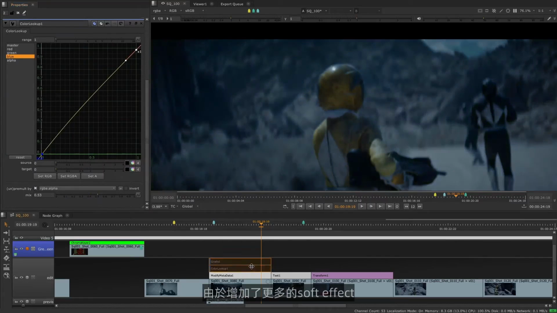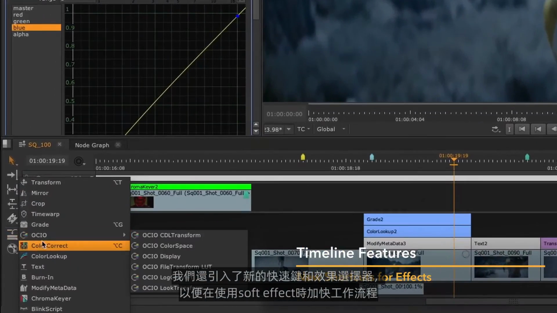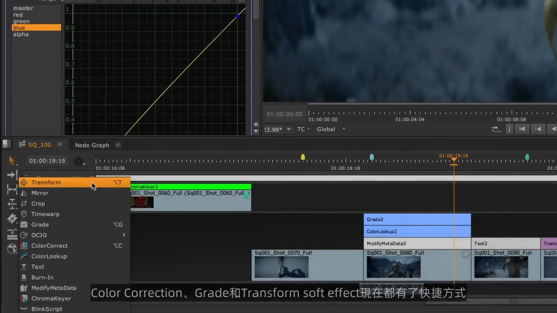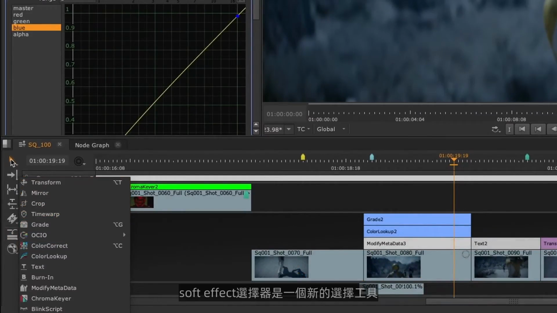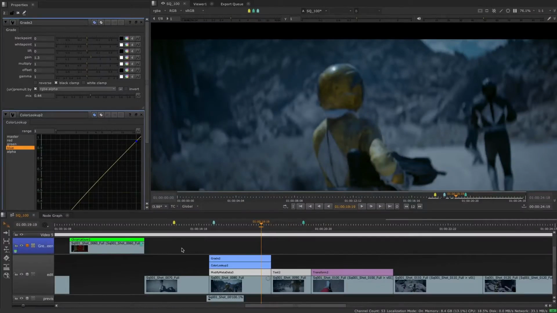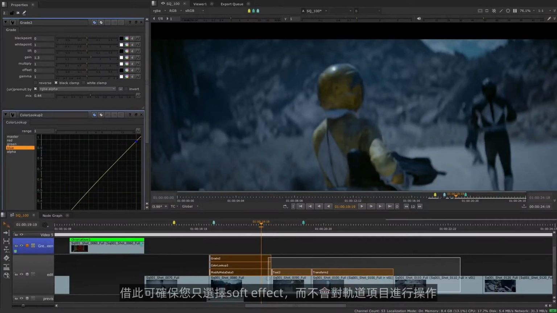As we've added more soft effects, we have introduced new shortcuts and an effect selector for faster workflows when using the soft effects. The color correction, grade, and transform soft effect now have a shortcut, while the soft effect selector is a new selection tool which only selects soft effects. This will make it easier when working with complex timelines to ensure you select only the effects without manipulating your